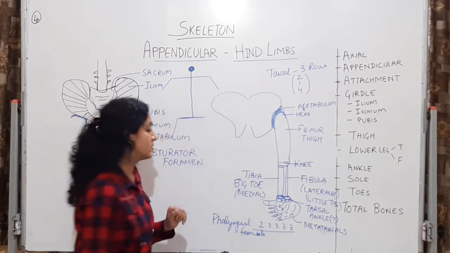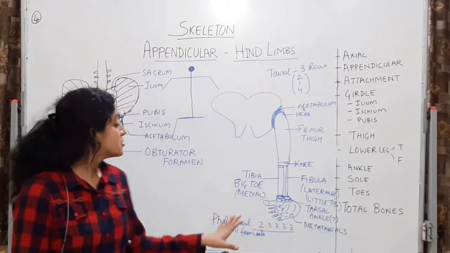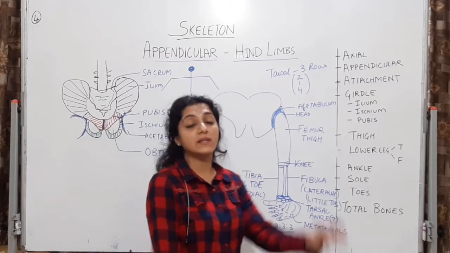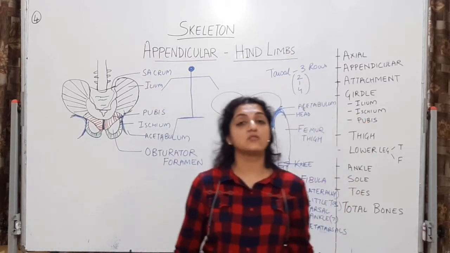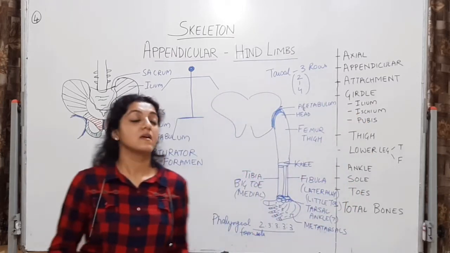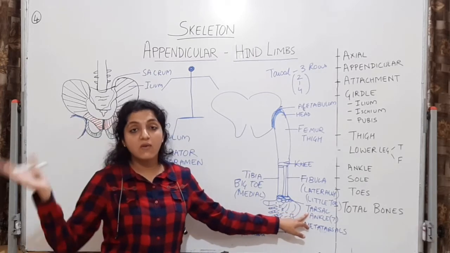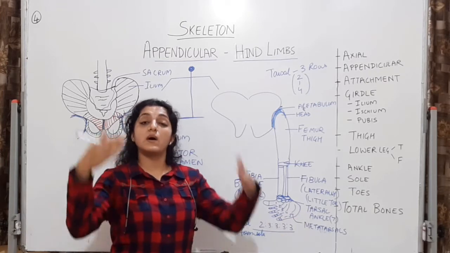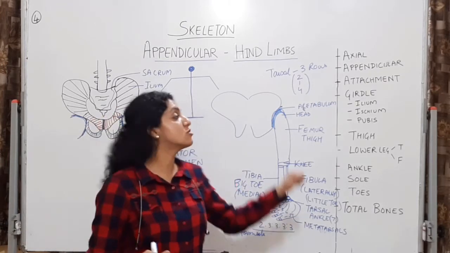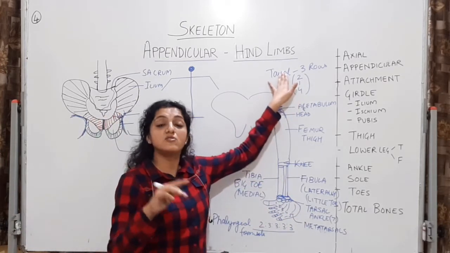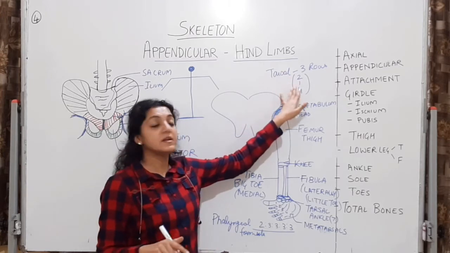This you have to remember. Okay, so phalangeal formula same रहेगा whether it is asked for the fingers or it is asked for the toes. It's going to be the same. Only the number of tarsals over here is 7, whereas number of carpals was 8. Carpals were arranged in 2 rows of 4 each. Tarsals are arranged in 3 rows, that is 2 in the proximal row, 1 in the middle row, 4 in the distal row.